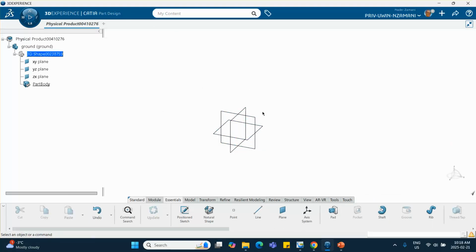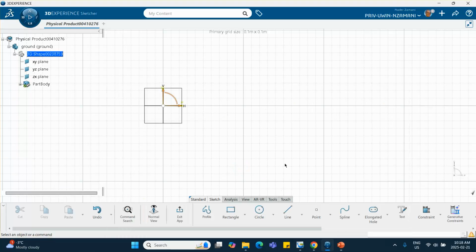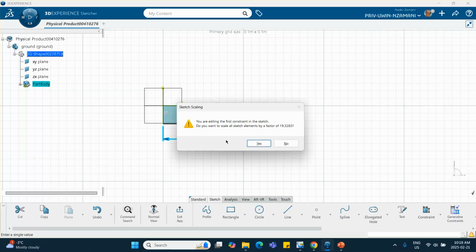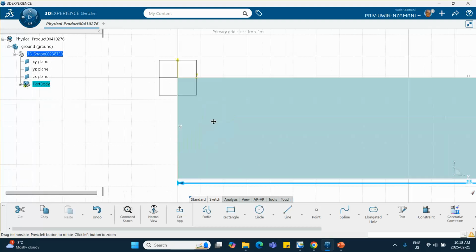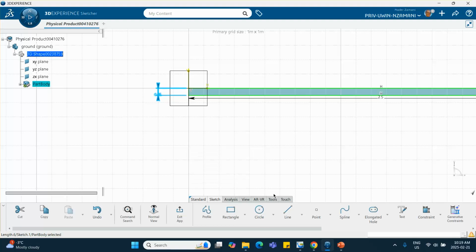All right, I'm in part design, so on that vertical plane, I will sketch a box, the yellow one. Let me make a rectangle here, and we're going to dimension it. My units are already set to meters. I want this length to be 2.5 meter, and this height, although it really doesn't matter, but I want to make it look good. So I'm going to make it 0.05 probably. Let's see what it looks like. Yeah, okay, that's good. Exit,